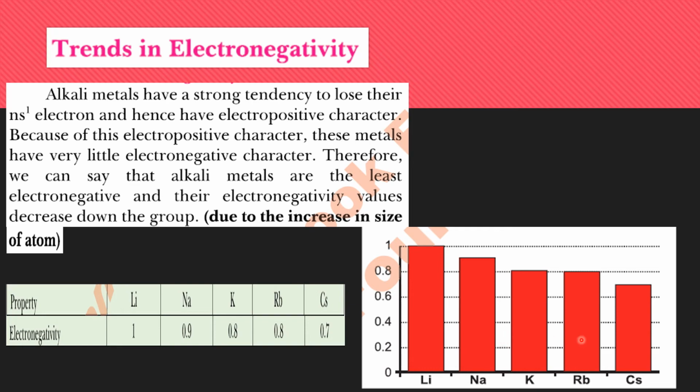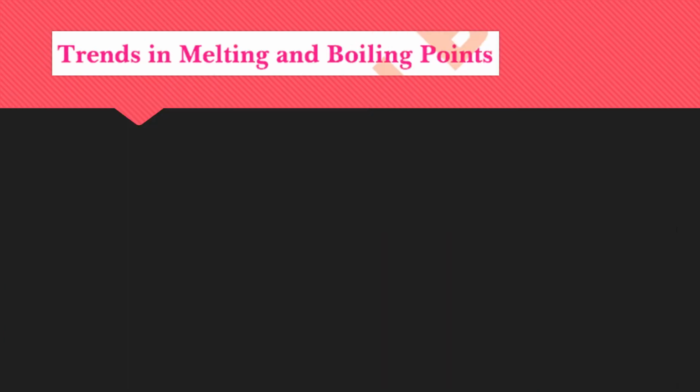Here the trend is given graphically. Presentation of this trend is given. You can see the electronegativity values are decreasing down the group, and this is due to the increase in the size of the atom. Now the melting and boiling points,